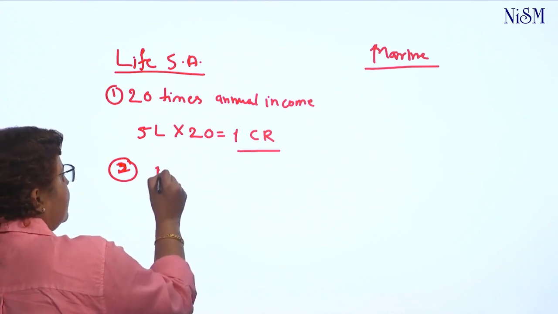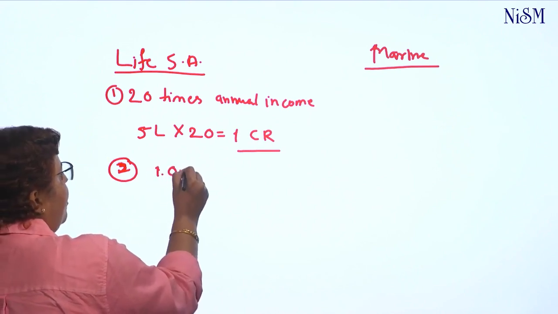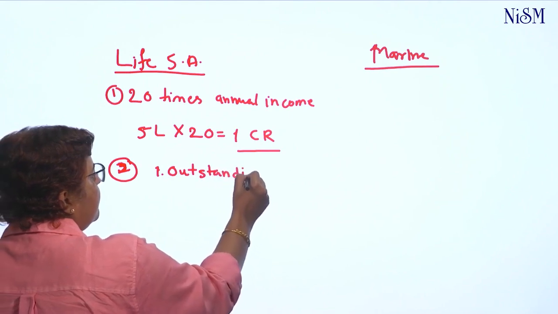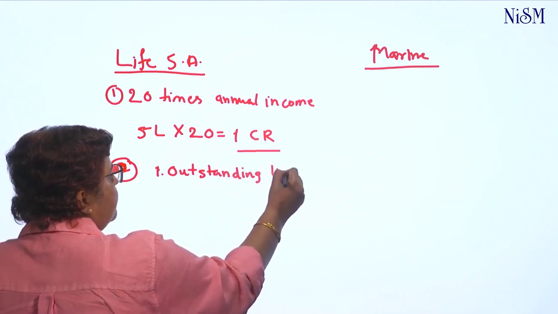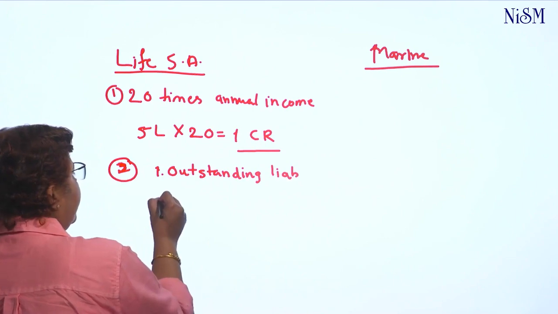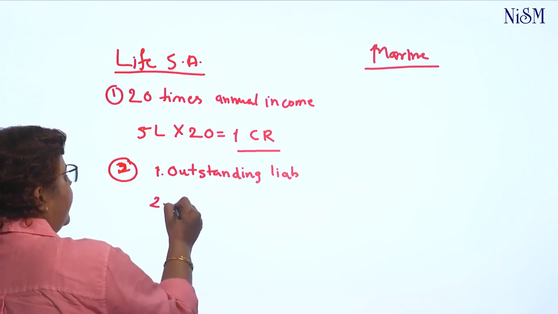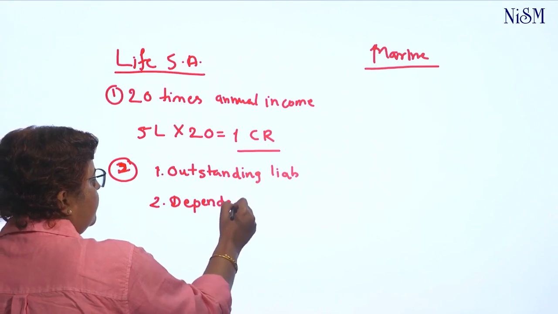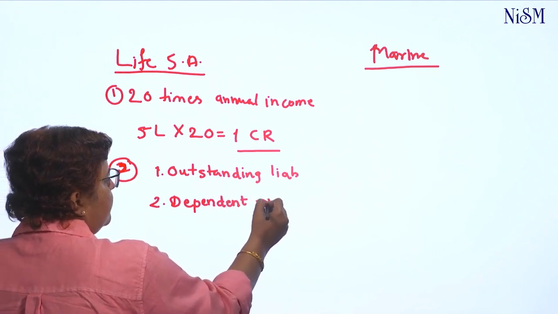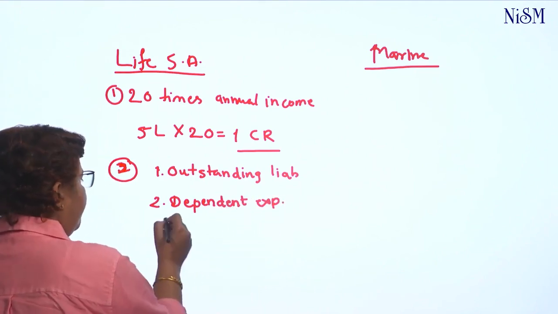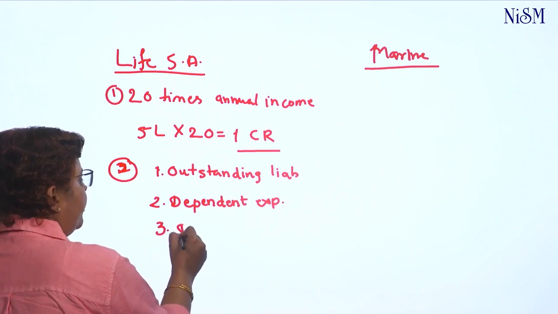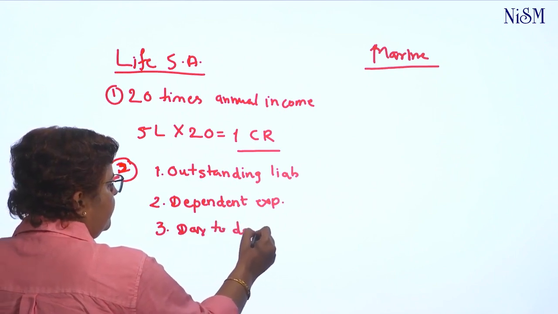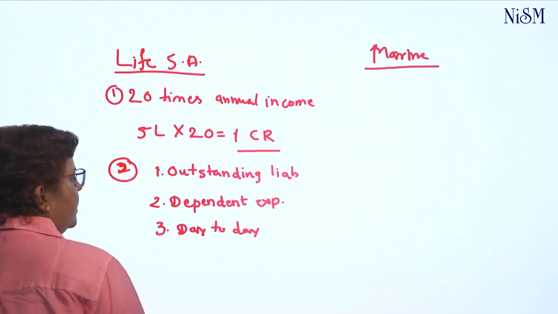One, if you have any outstanding liabilities. Second, are there any dependent expenses which you need to take care of? And third, day-to-day expenses of the family. Example,